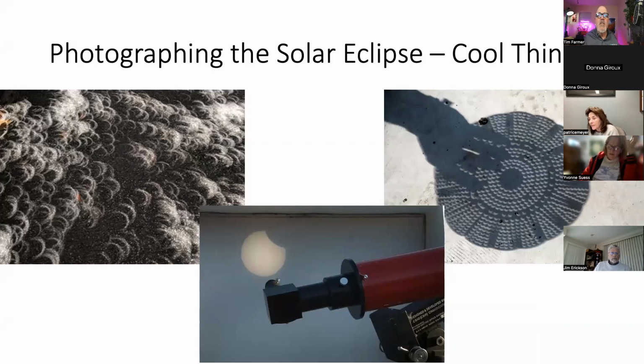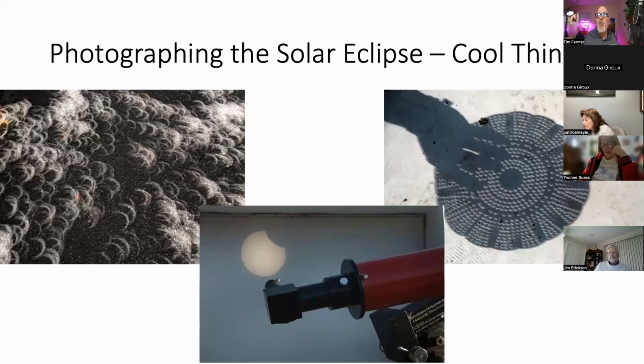I came out of the studio and I was going to grab lunch, and I just happened to look down, and it's like, why am I seeing all these crescents? And it dawned on me that there was a partial eclipse happening. You don't need a totality to see these, by the way. So if you're ever in a partial eclipse, all of these work in a partial eclipse too. On the top right, that's just a normal strainer or colander, whichever you want to call it, held up so you can see through it, and it gives you